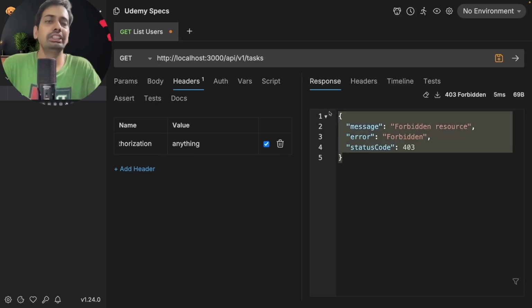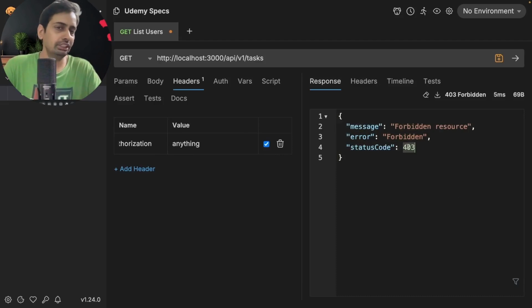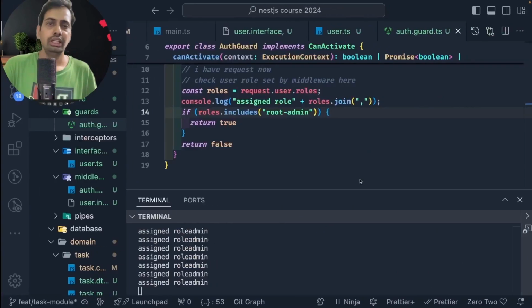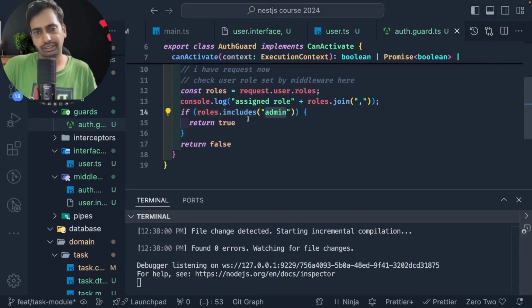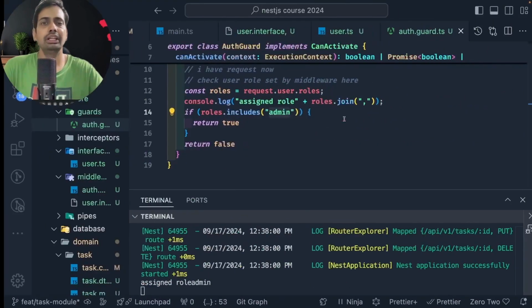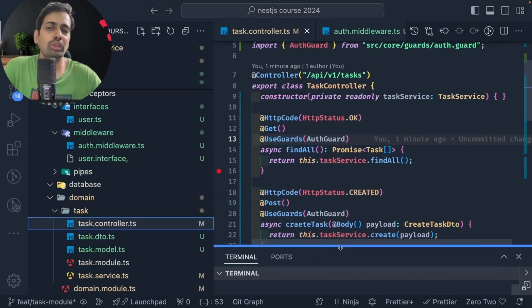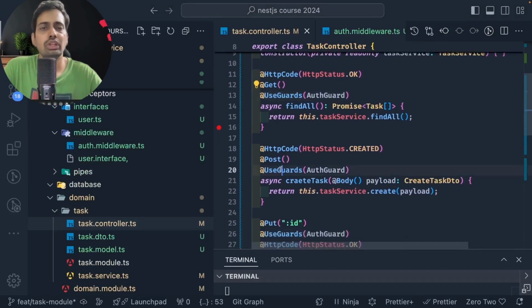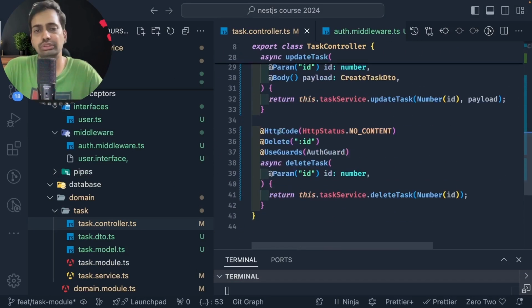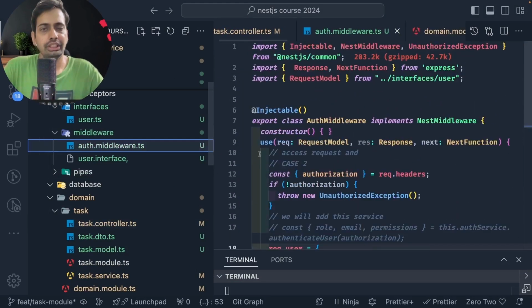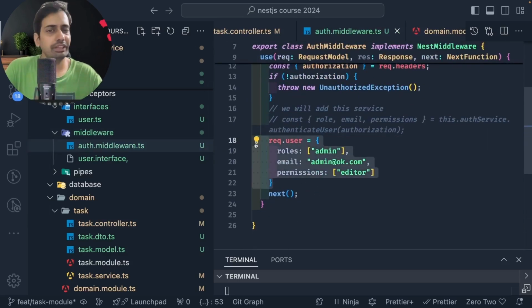So this is how we implement the auth guard. So middleware we have implemented first, then there is the auth guard we have created. We'll just set this admin and we can set the API routes. Similarly, it's not only about get, all the API routes like get, put, post, everywhere we have used this auth guard. Okay. So this is how we can use it. We added the middleware and we added the guard. I think both should be clear now.